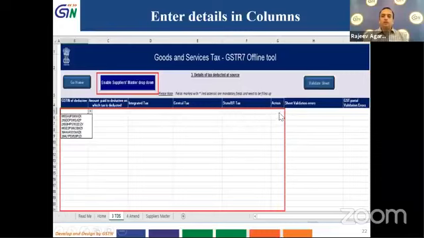Then again, I have to select the action button. Action button could be either add or delete. So if I have added the details and if some details are already existing and I upload the file, then this particular line item will replace the existing line item on the GST portal. So if we have selected add and this item does not exist, then this line item will be added to